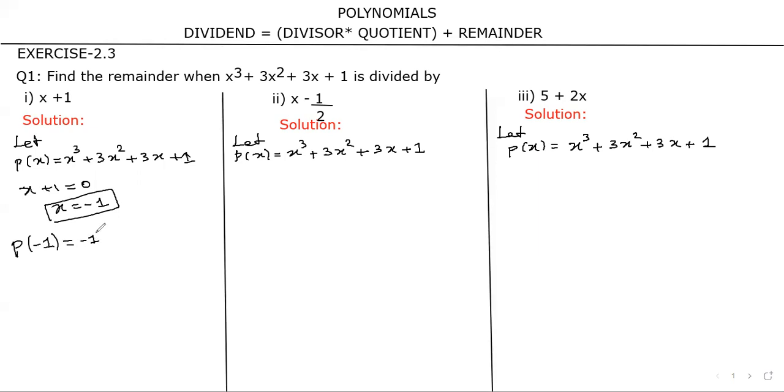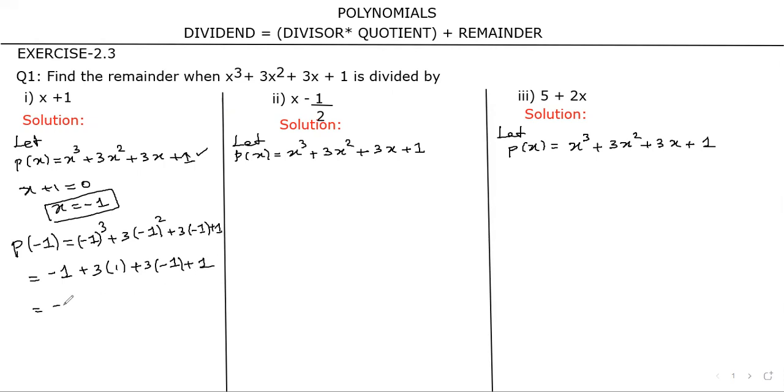So negative 1 the whole cube plus 3 times negative 1 square plus 3 times negative 1 and positive 1 is there. See, in this polynomial, I just substituted the place of x as negative 1. So just when solving, minus 1 cube is again minus 1, because see the odd degree, whenever you are having odd degree, the negative symbol will be as it is. And plus 3 is there, minus 1 square. What is minus 1 square? It is positive 1. And plus 3 is there again, minus 1 is there. And this positive 1 I'm writing as it is.